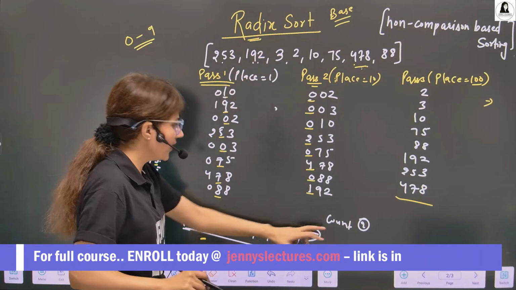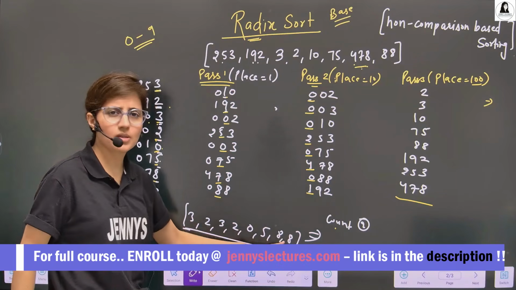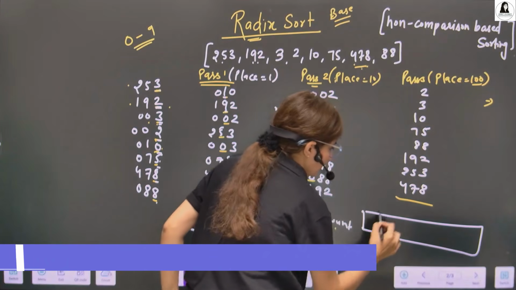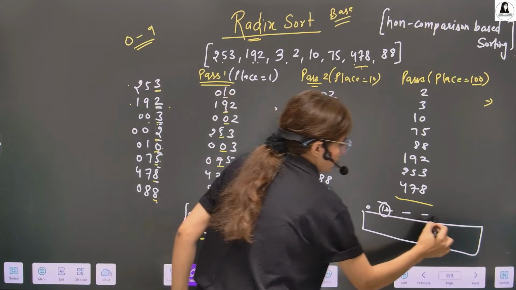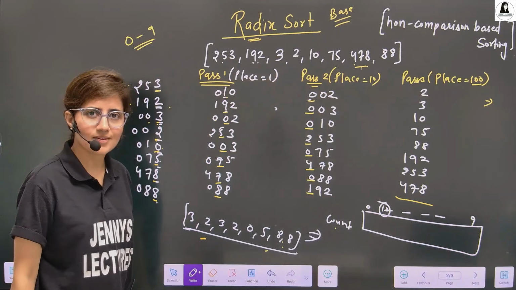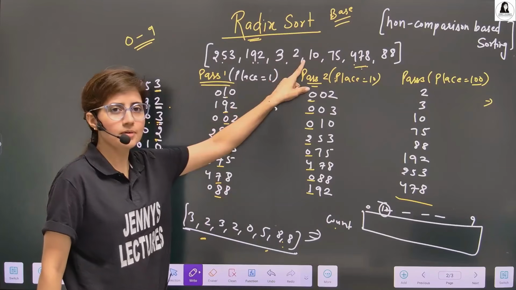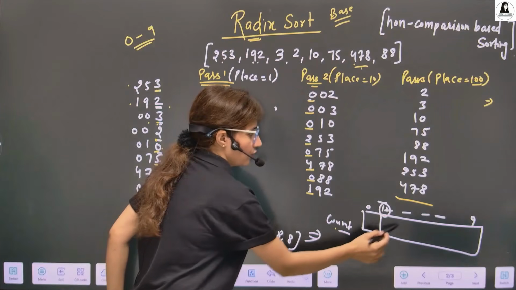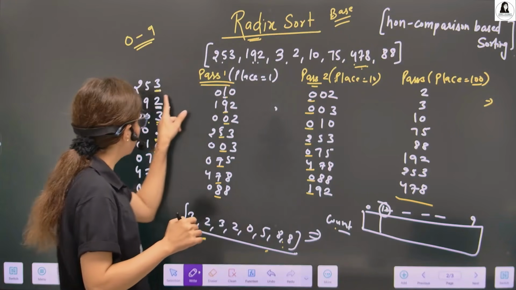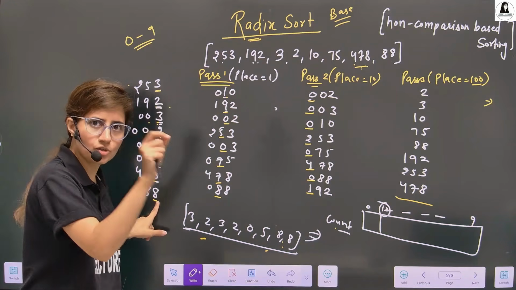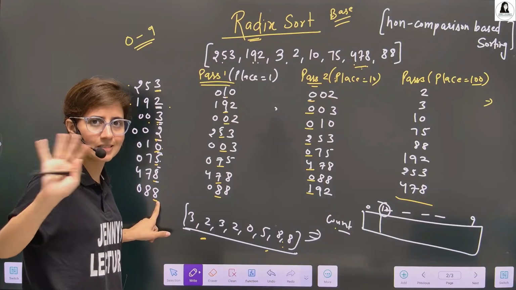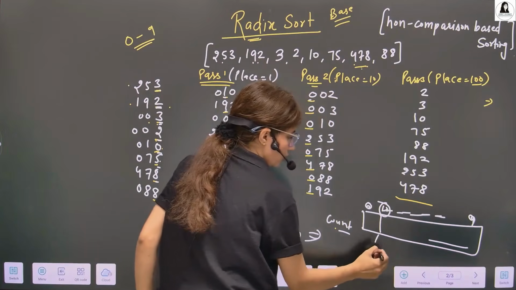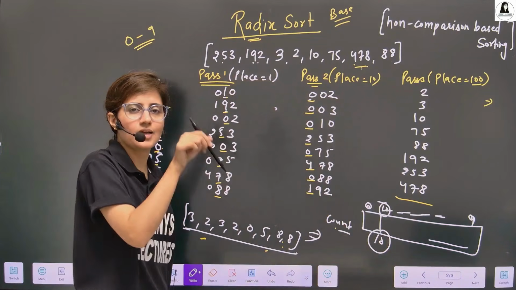Now, the count array size doesn't depend on the maximum number and all. The count array size would always be 10, ranging from 0 to 9. We know that we are dealing with decimal numbers. Range is 0 to 9. Radix is 10. So we always take count 0 to 9. Because for every place value, you get the number either 0, 1, 2, 3, 4, 5, 6, 7, 8, 9. That's it. So that's why we take 0 to 9, the count. So the count array size is fixed in this case, that is 10.